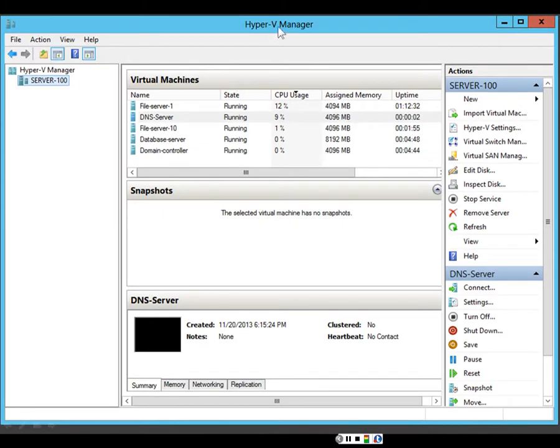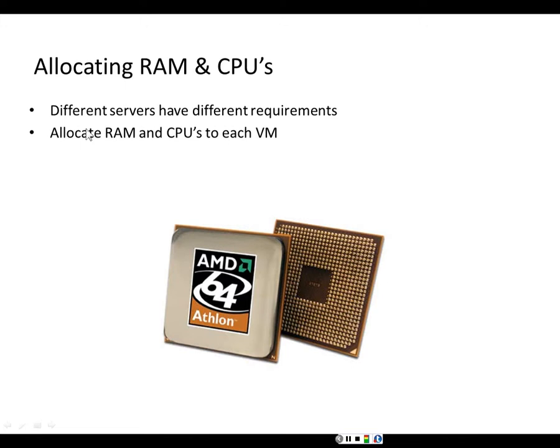If we look at the Hyper-V manager, we can see on this one computer there are multiple virtual machines running. Each virtual machine is a separate operating system, and you can see each one is taking a different amount of CPU utilization and a different amount of RAM. Since different servers have different requirements, we can allocate a different amount of RAM and a different number of CPUs